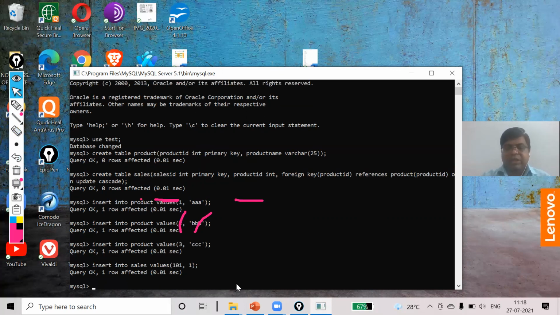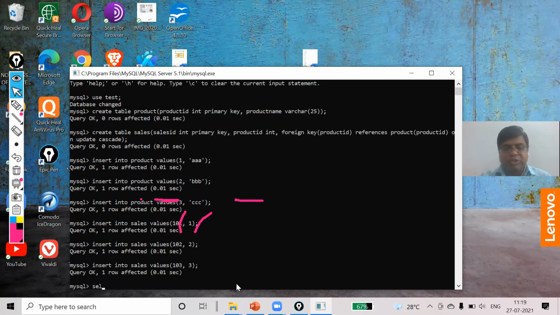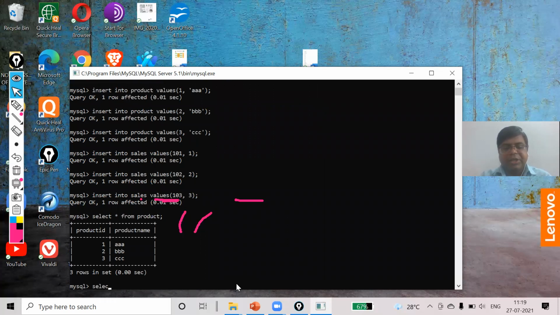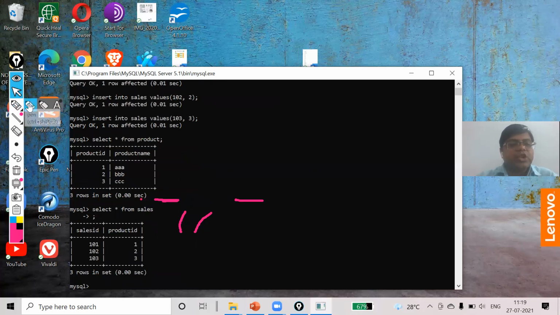Same way I will use 102 as the sales ID and 2 as the product ID. Same way I will continue with the third one also. This is 103 and 3. Now I'm going to check the data of product and the data of sales. So these are the two tables which I have created.